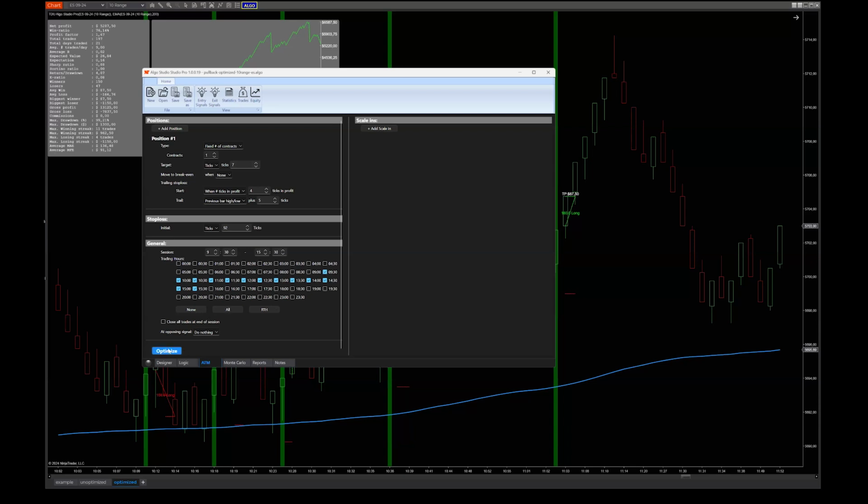So that's why we have the optimizer. The optimizer allows you to optimize basically the ATM settings. It will automatically find the best ATM settings for your algo, and optionally also the best trading hours for your algo. That's also something I will look into a little bit later. But note that this is where this happens.